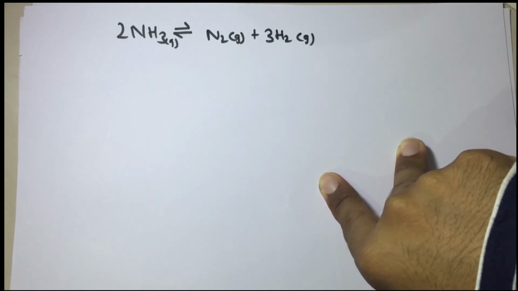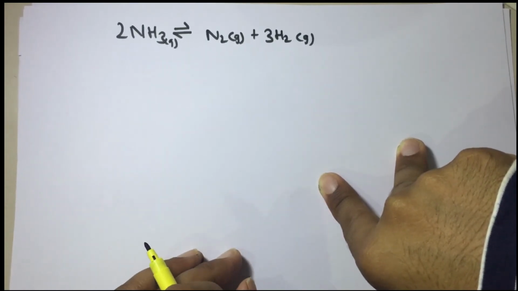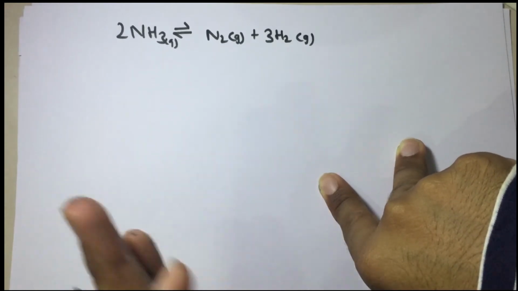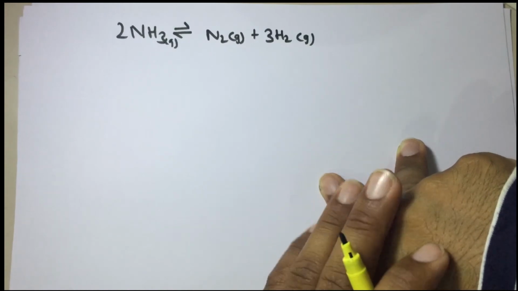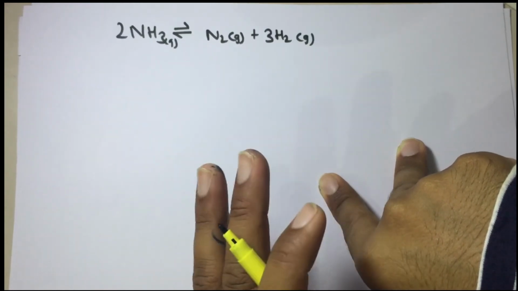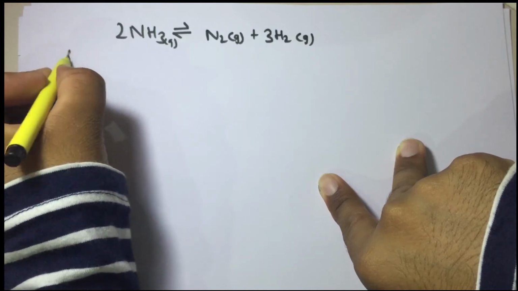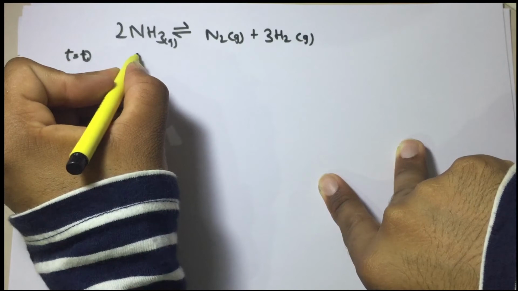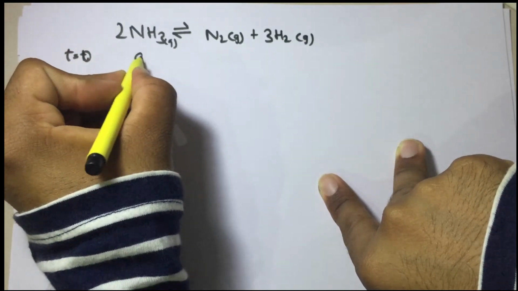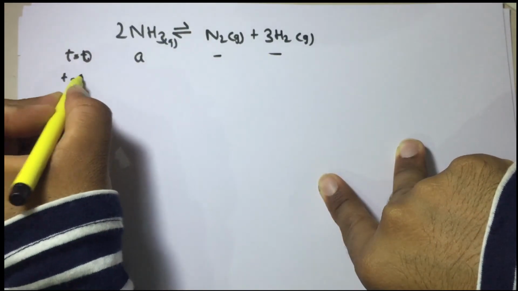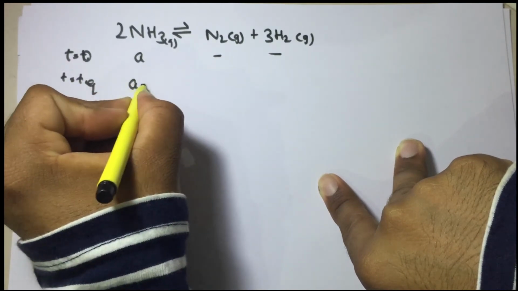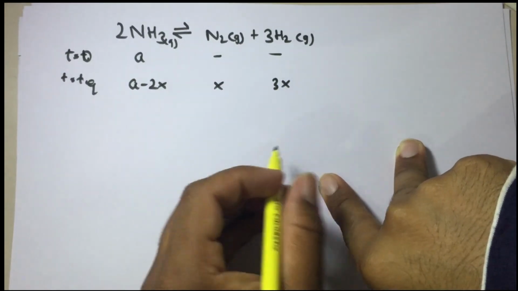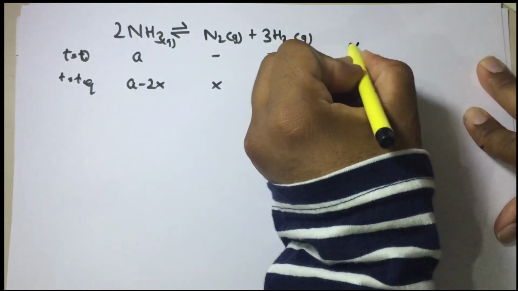ठीक है। देखो अगर बताओ, अगर मैं इसका Kp और Kc लिखूंगा और मुझे पता है कि अगर मैं Kp सही से लिखूंगा तो उसमें इनिशियल कंसंट्रेशन नहीं आनी चाहिए। Kp लिखने में गलती करता हूं तो ही इनिशियल कंसंट्रेशन आती है, पर Kc में आ भी सकती है, नहीं भी आ सकती है। ओके, so first we write the expression at t equals 0. At t equals 0, suppose the initial moles of NH3 is A. And at equilibrium, A will become A minus 2x, N2 will become x, H2 will become 3x. Okay, now we know that what is alpha.